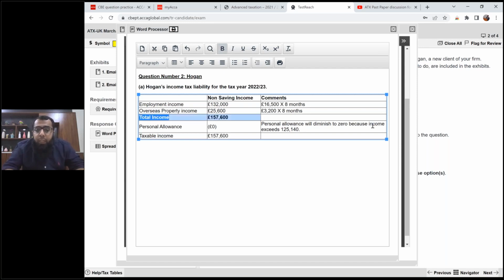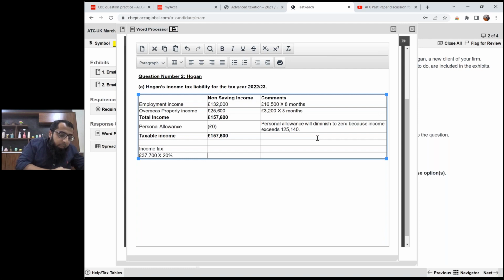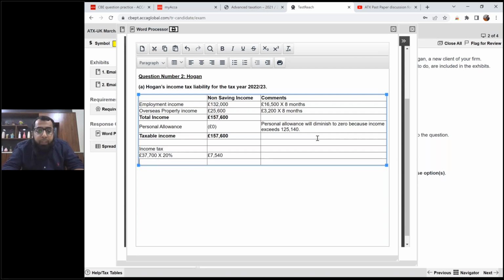157,600. Now let's apply the tax on it. Income tax. You all know that your basic rate band is 37,700. You will apply 20% on it. 37,700 into 20% is 7,540. Then till 150,000, the rate is 40%. So 150,000 minus 37,700, you will apply 40%. So it's